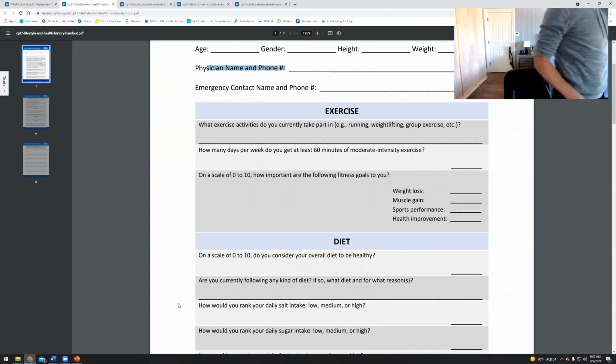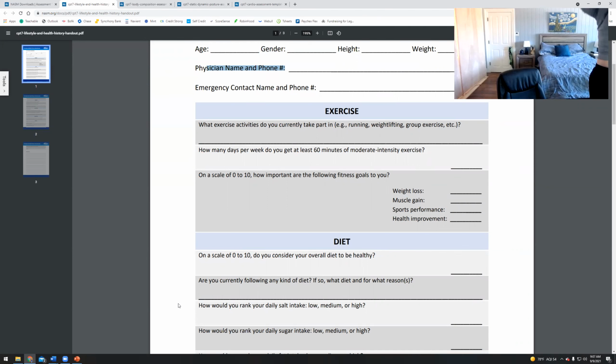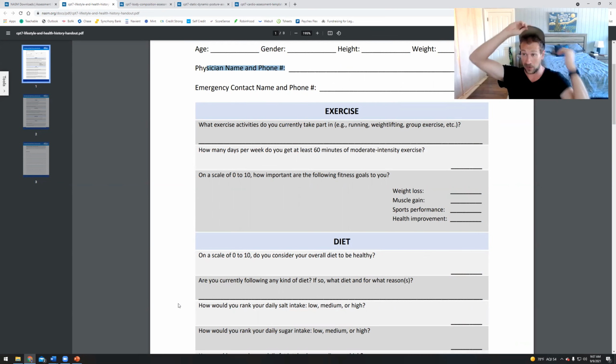Remember, when we say subjective information, we mean information that cannot be measured, right? I can't necessarily measure what my client's occupation is, right? They can tell me what it is and it can inform my decisions when it comes to picking exercises, but I can't necessarily measure this. This is still very much subjective, or what my client's goals are, how much do you want to gain muscle? It's difficult to sort of measure that. And so we'll put a little bit of a number on it sometimes, but for the most part,